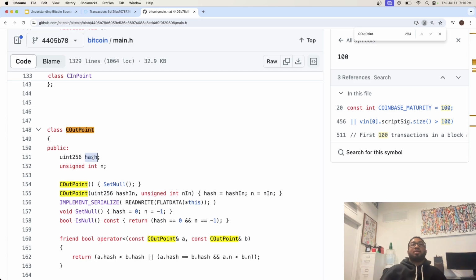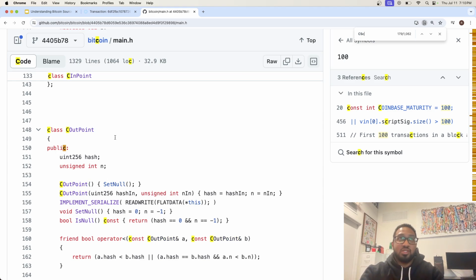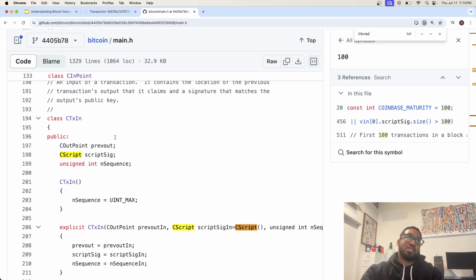Remember I said there's a reference to the previous transaction ID in a transaction. That's how you point to say, hey, I'm spending this right now in my input. So the COutPoint is in your CTxIn, which is a transaction input. It contains this hash, which is the transaction ID of the thing you're pointing at. This n is the index of the output that you would like to spend from that transaction. It's specified with the hash. Another thing that I didn't include in the screenshot in my presentation is the CScript class.